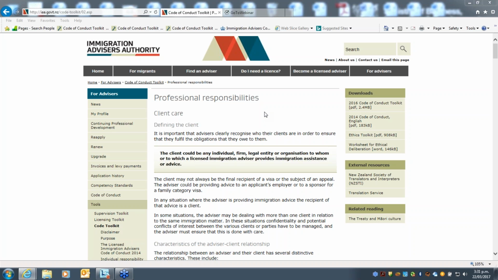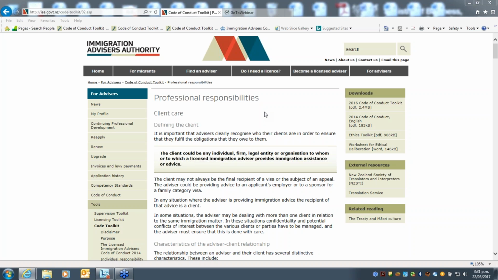There was a follow-up to that question. To follow up on the question, is the IAA able to deal with this if it comes to you as a complaint? Yeah, so we would be required to deal with it if it came to us as a complaint. And it would need to meet all the criteria for a complaint. It can't be anonymous, has to be in writing, and it needs to disclose grounds for complaint, which includes breach of the code. So if it meets those basic requirements, then we'll look into it.